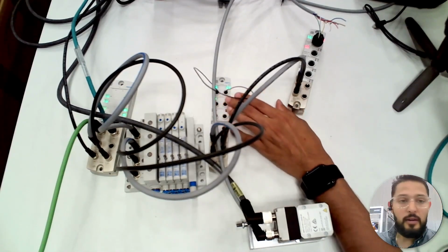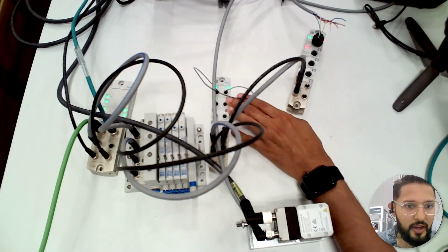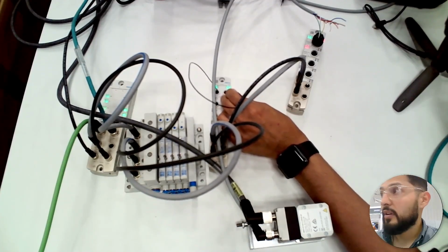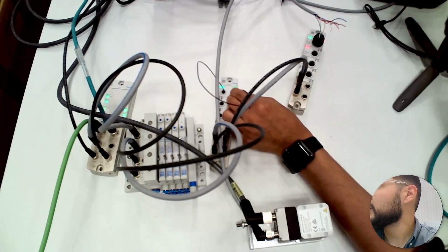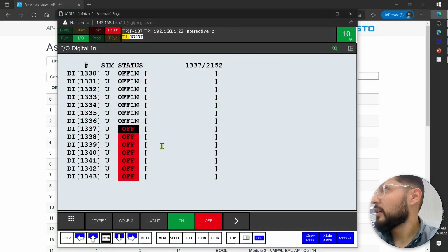Actually, here, select it, and then monitor, so it goes all the way down. You can see that now it's on, it's off, and I don't know if maybe you can see the LED right next to my finger, on, off. So I'm going to show you now the teach pendant. You can see it toggling on and off, right? So this is great. We have some I/O going on,